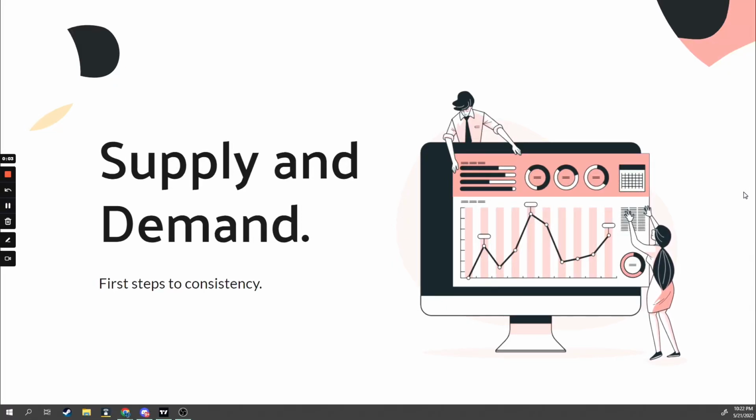Today we're going to be talking about supply and demand. This has been a long time coming. This has been my strategy for a while now, and this is what's kept me profitable in the worst market since 1932. 2022 has been a rough year for many traders, and having a voice, having a platform, I feel